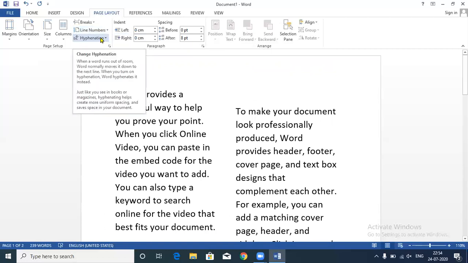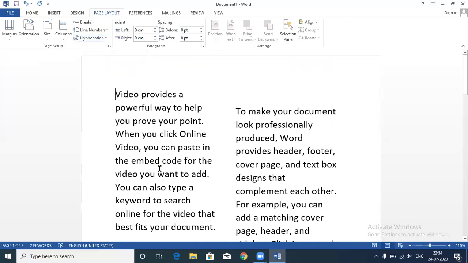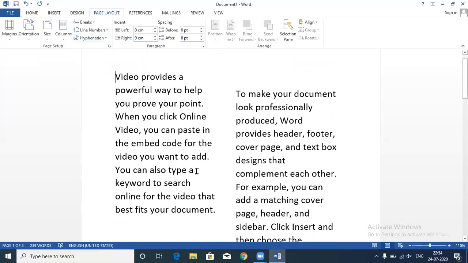Okay, then we have a hyphenation option. What is the hyphenation option? Sometimes we find a big word, and whenever we are writing in our notebook, we see the word is big. For example, keyword is the large word. I want to divide here because some space is left. So what do we usually do? I'll write key, I will put a hyphen, and again I'll write the word here.